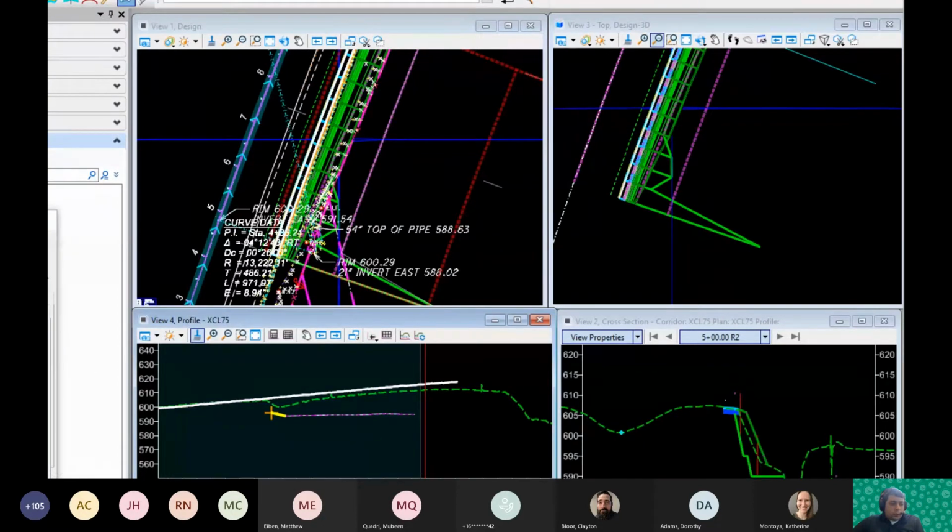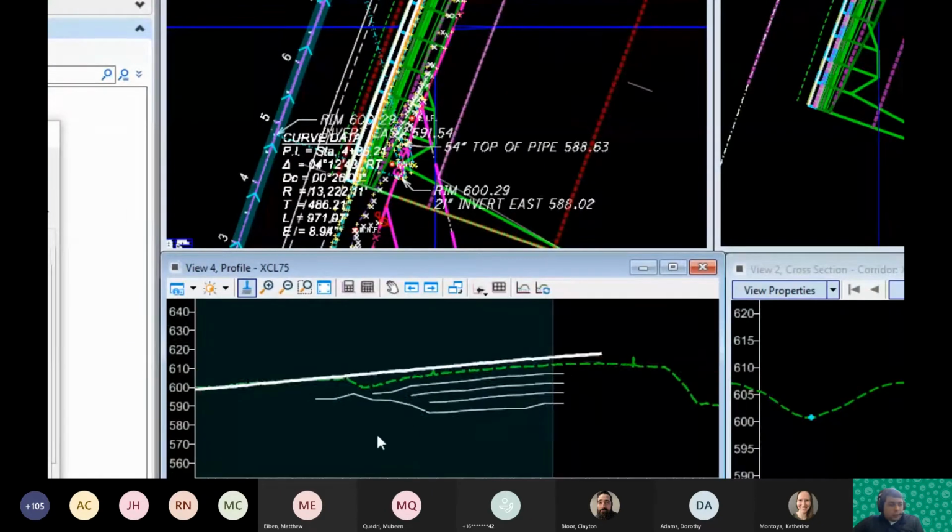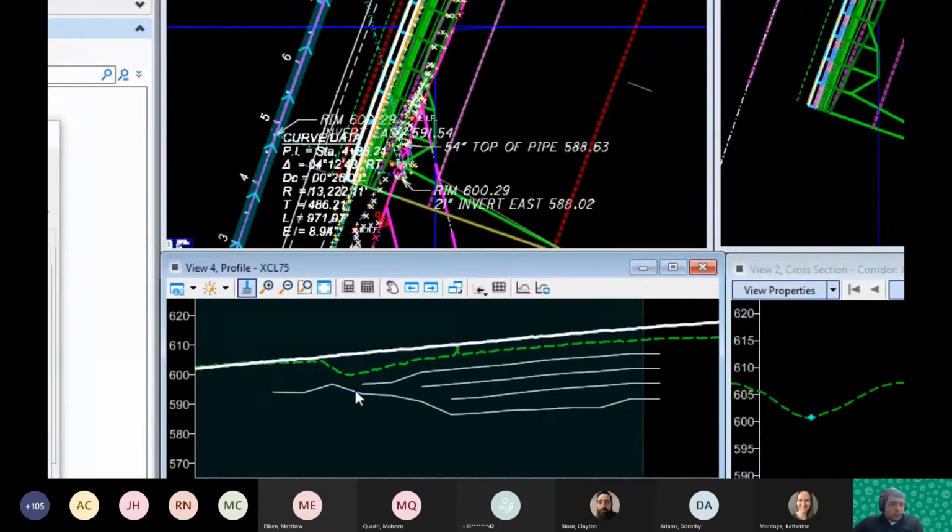And so you would kind of repeat that process for each of your benches that you might have, right? So I paused the video and I just drew in a bunch of those already. So you kind of see a vertical view of how your benches are coming in. So granted, most people are used to working from the cross section approach, so it's a little bit of a change, but